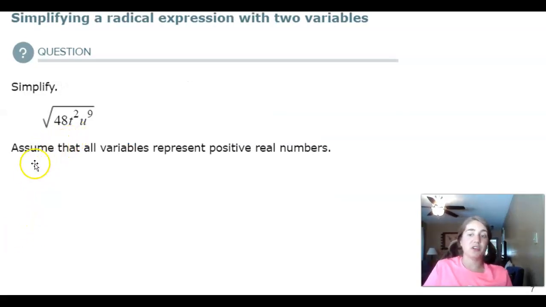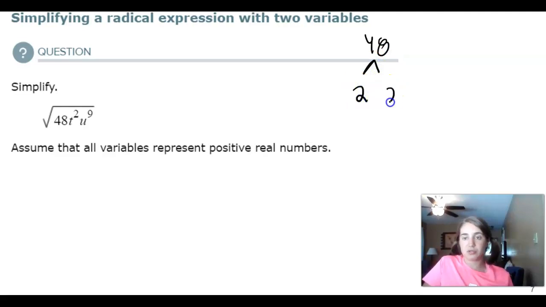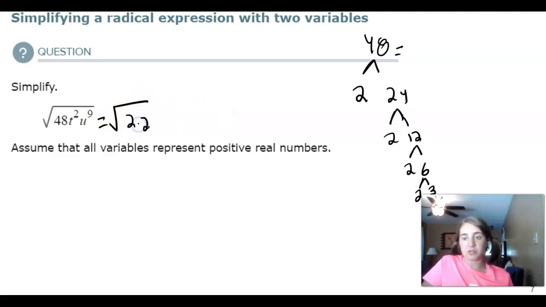So this has 2 variables, and we're going to see that that doesn't really affect this a ton. First let's break down 48: 2 and 24, 2 and 12, 2 and 6, 2 and 3. So 48 is 1, 2, 3, 4 twos and a 3, then 2 t's,